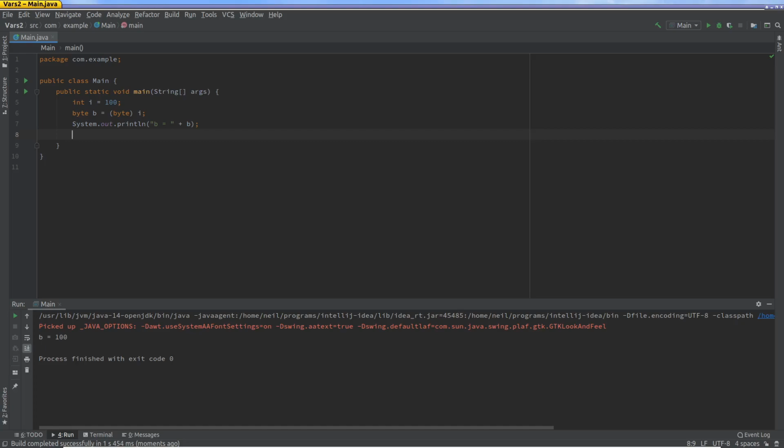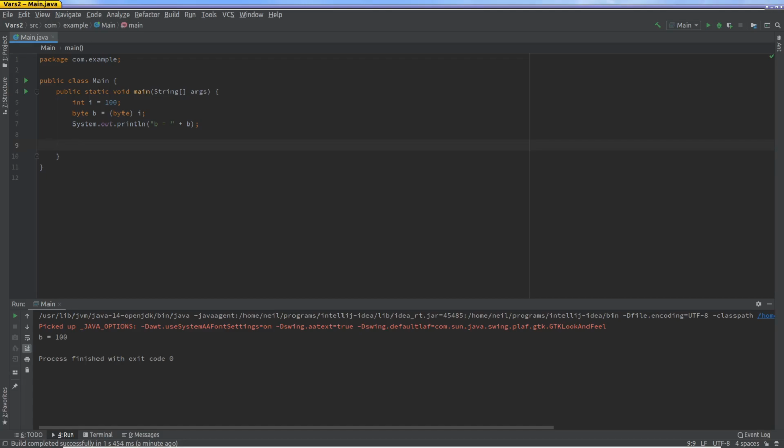The value in I actually fits in a byte, and I had to cast it because, if you remember from the table in the Excel spreadsheet, an int takes up 4 bytes in memory, whereas a byte takes up 1 byte in memory. So this cast is actually paramount. What this cast is telling Java is that you, as the programmer, understand what you are doing. You know this value fits within the byte, so please do the needful. Otherwise Java will end up complaining. So this is the simpler case.